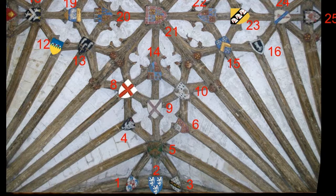There is a connection with Thomas Becket at number 23 in the guise of the 3 horses' heads of the family of Deborah of Somerset, who were descended from the brother of one of Becket's murderers, Reginald Fitzurse. Immediately adjacent to these arms at 24 are the conjoined wings of the Deborah family's neighbours in Somerset, the War family of Hestercombe. And to conclude, we have here the arms of 2 men who had recently been royal bailiffs